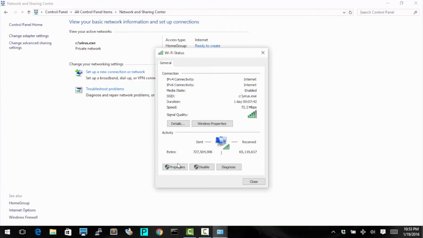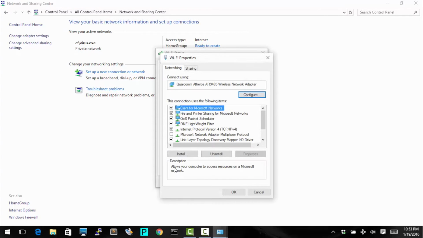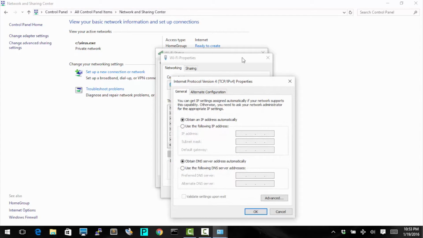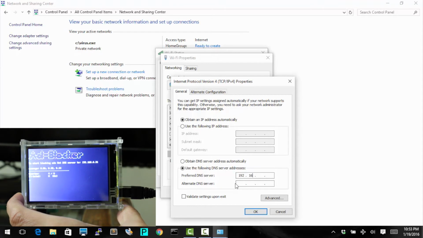Here, click the Properties. At the Properties windows, we select Internet Protocol Version 4. Click on the Properties again and select Use the following DNS server addresses. Here, we enter the IP address which is displayed on Adblocker screen. In this case,